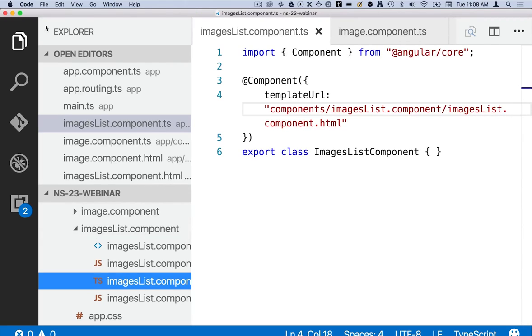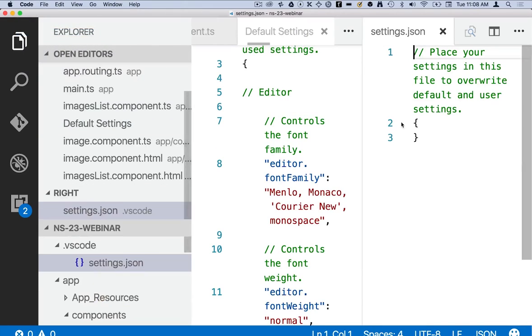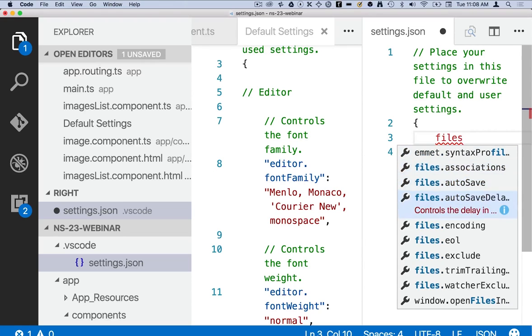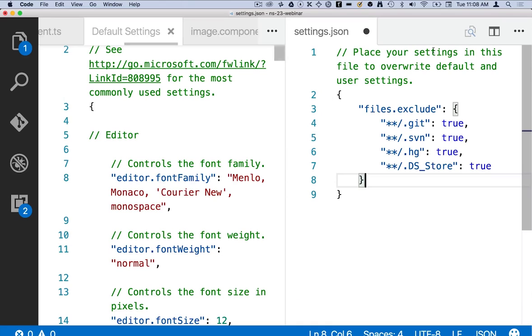So what you can do in the meantime is you can go to Code, Preferences, Workspace Settings. Is that right? Yeah, user settings would be things that apply to basically everything you do in Code. Workspace settings is specific to this workspace or this project, this app in this case. Right, so we can do files.exclude, and it's going to give us some defaults, and then we can add in, so let's just add in